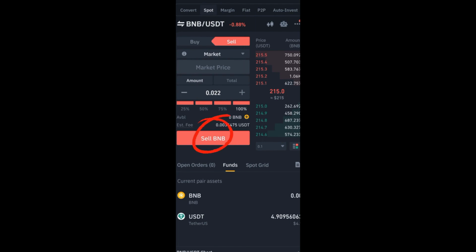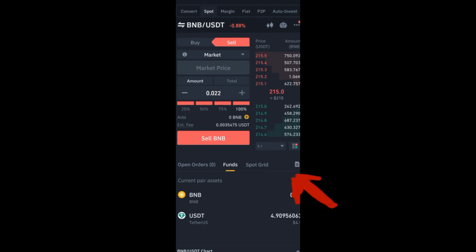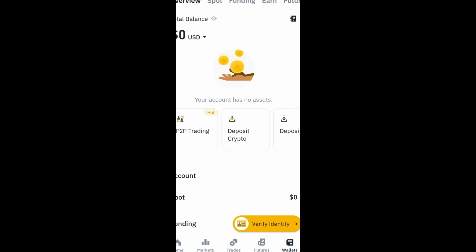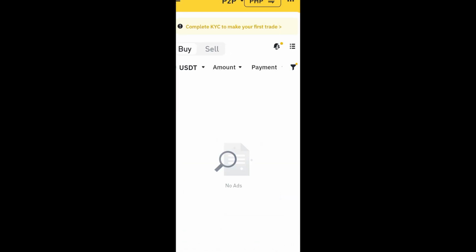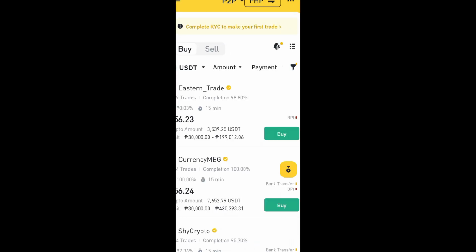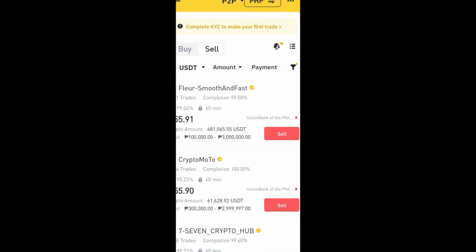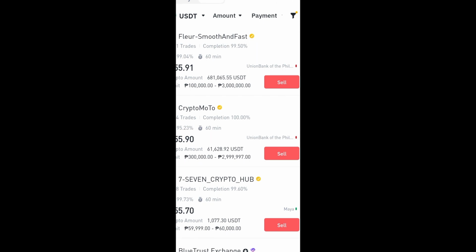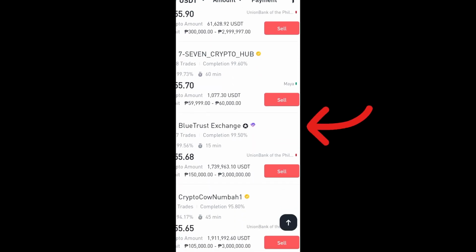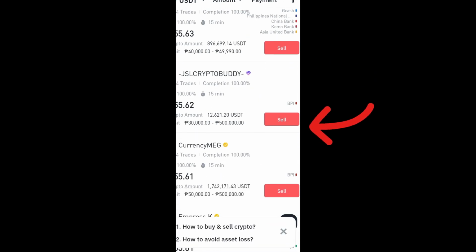Then after that, once everything is successful, you have to go to funds and you will see here you have an available USDT fund. So the next thing to do is to go back to overview to P2P trading. So once you have your available funds in USDT, then you have to tap sell. Look for the available merchants here. Of course, like what I've mentioned earlier, you have to make sure that these merchants are verified